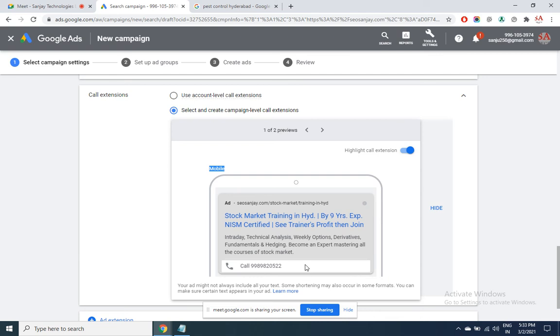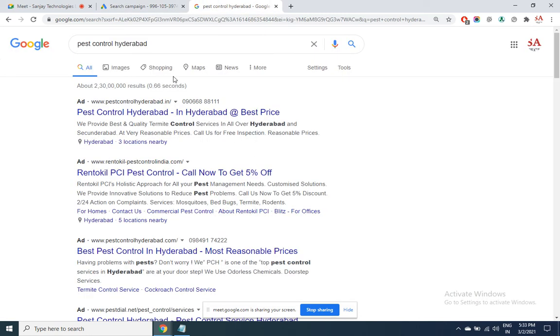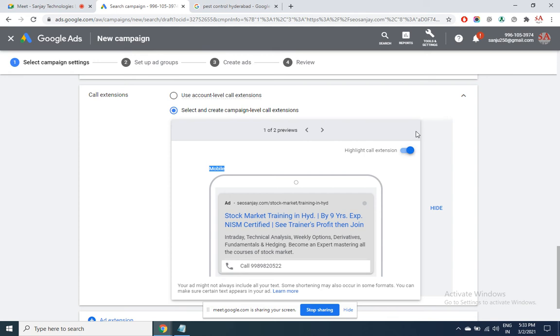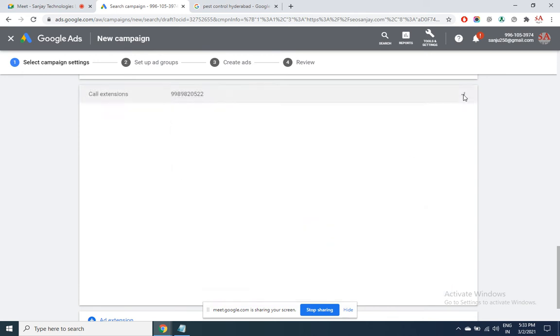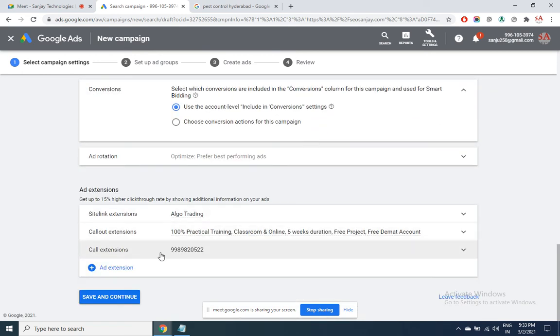When someone clicks on this, it will directly lead to a dialer, phone dialer. Now will this be counted as a click on that? Yes, it will be. If someone is clicking here or site link or anywhere, that is as good as a click on an ad. You got to pay for it. But if someone is looking at an ad in the browser and then directly typing this number in the dialer, then you need not pay even a rupee. So the call extension is also clear.